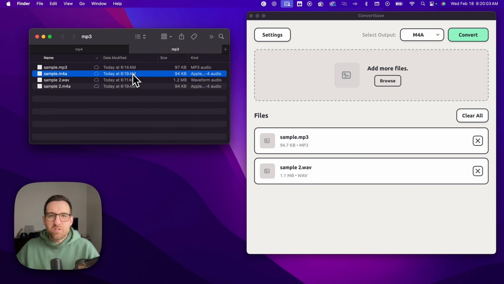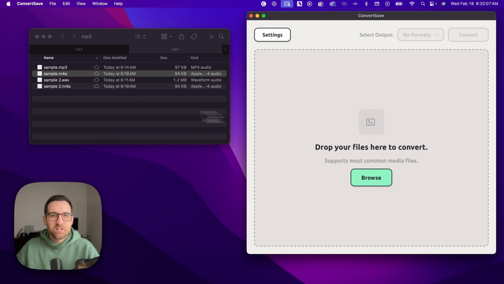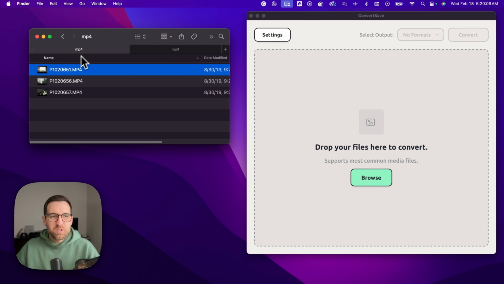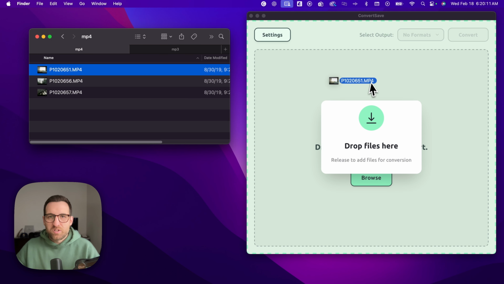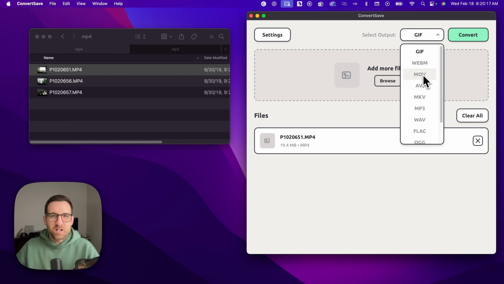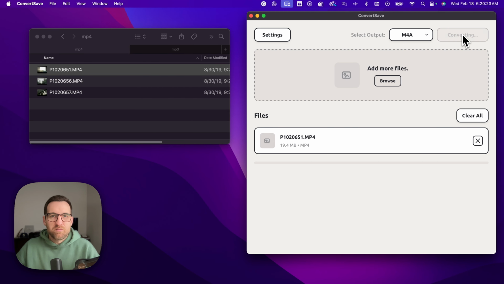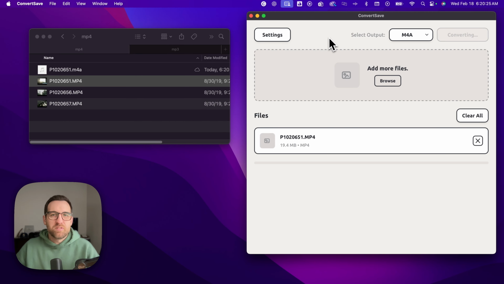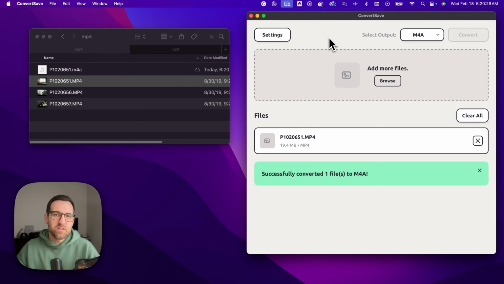And like I said, it does images, video, and audio. So if you're trying to go video to M4A, you can do that too. So I've got an MP4 over here. There's several different video file types. Any common one works. So we drag in that MP4. I've got more files I can convert it to that are video format, but I also have that M4A down here, and I can hit convert. It's going to convert that video file to M4A, and it's going to save it right next to where that